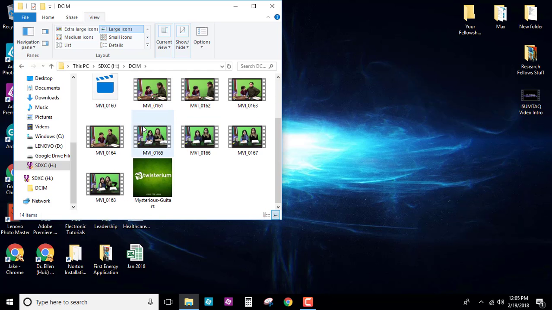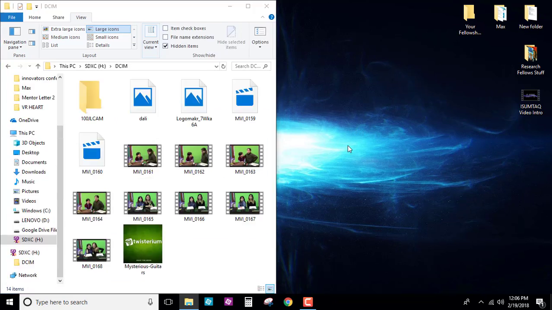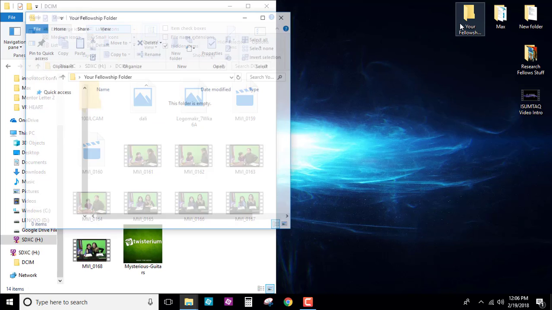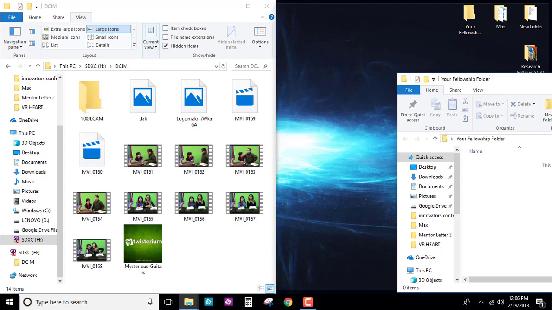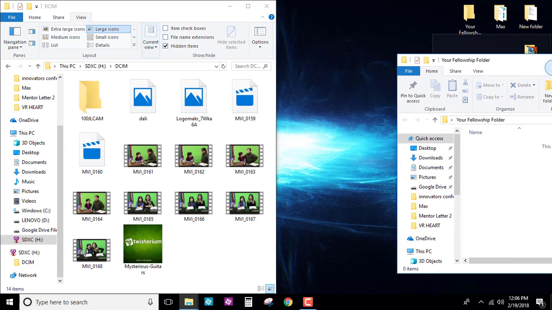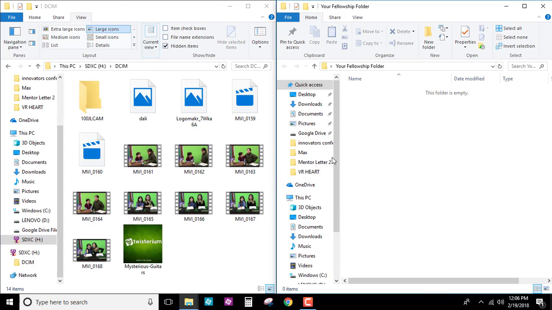After you've located all of the movie files that you need, we're going to move them into the folder for your fellowship project. The easiest way to do this is to select all the video files and then drag them into the folder. One of the ways you can accomplish this is by locking the folder that contains all of the files that you need to one side of the screen and locking your fellowship folder to the other side. All you do is grab it by the top, drag it all the way to the side, and it will